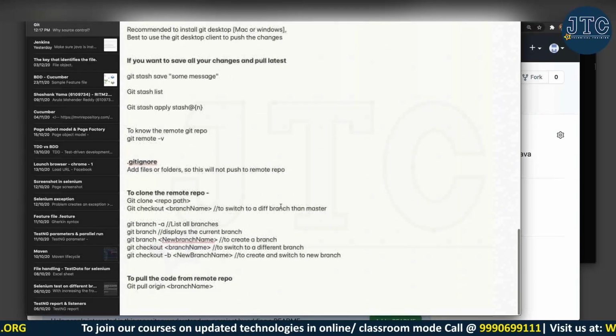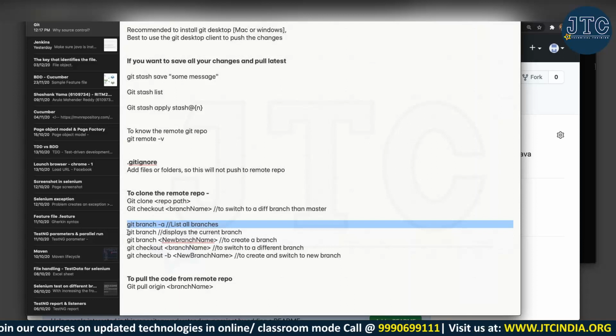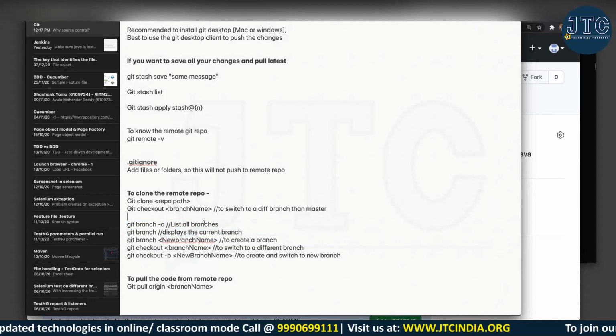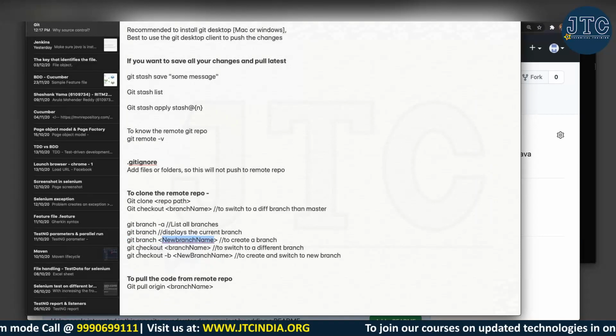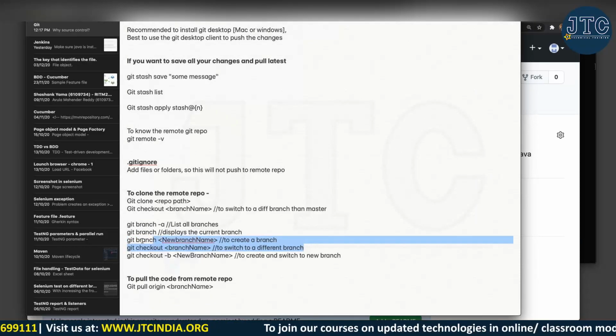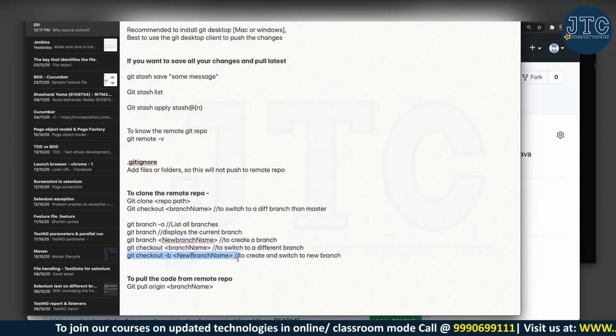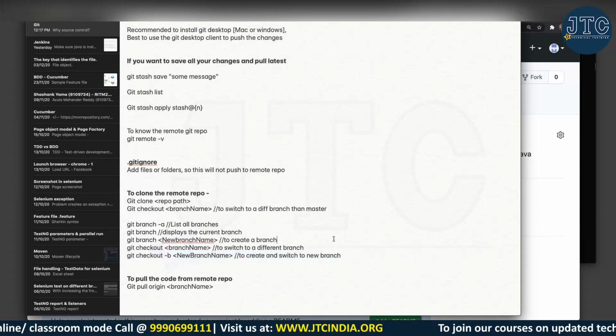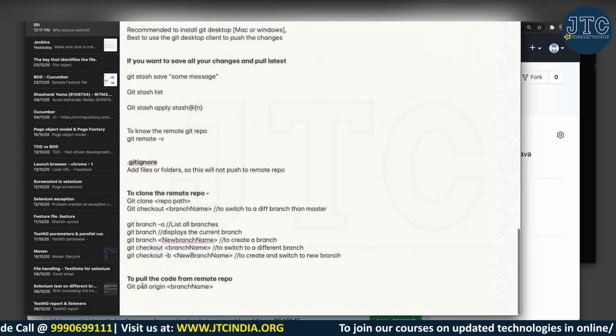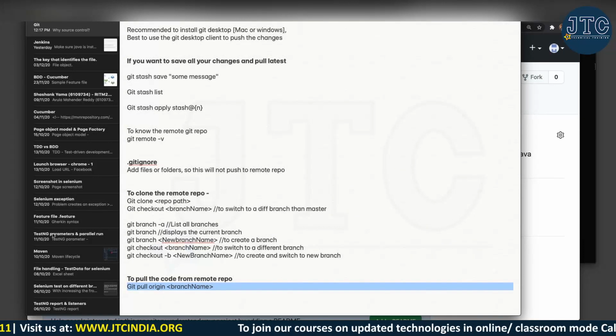So you will see here git branch hyphen a. We have understood git branch, we know already, we have created git branch. You can create a new branch, and so these two lines whatever you are seeing, instead of that I have written one single line. I have created a branch and then switched to that branch. So that is the way. And then you know this one, git pull origin, we have already done.